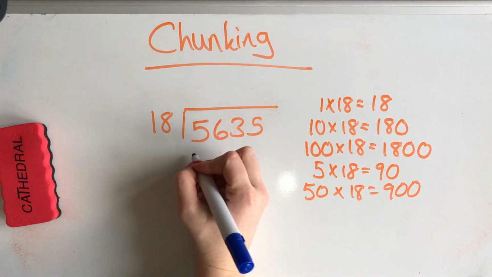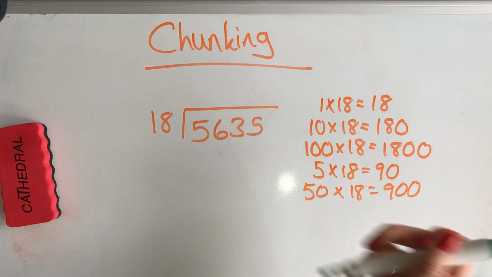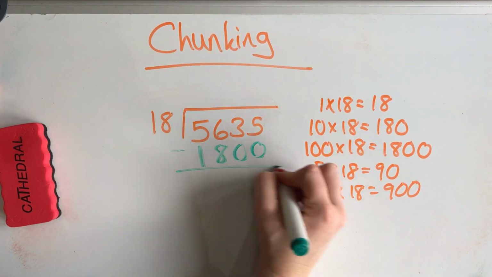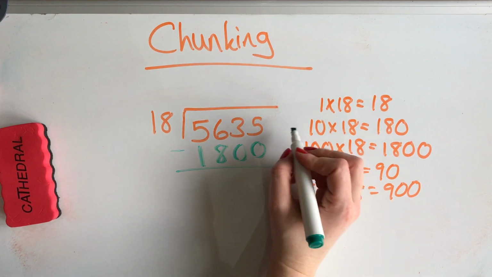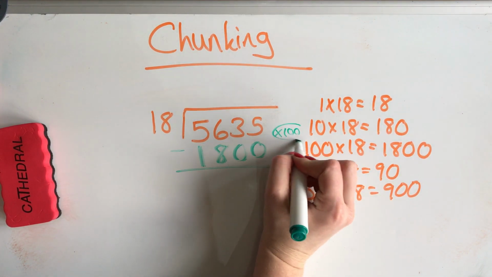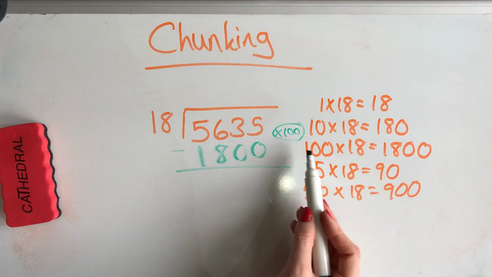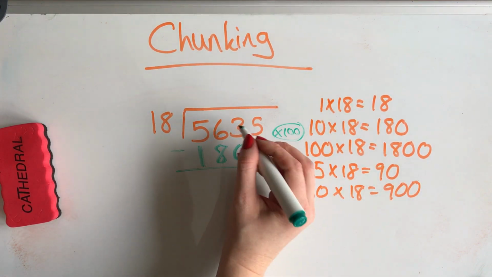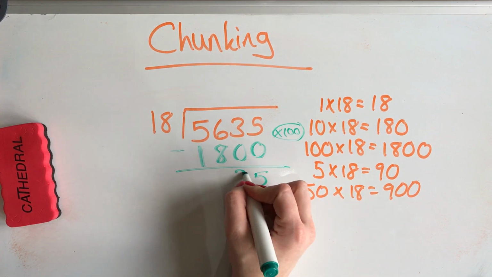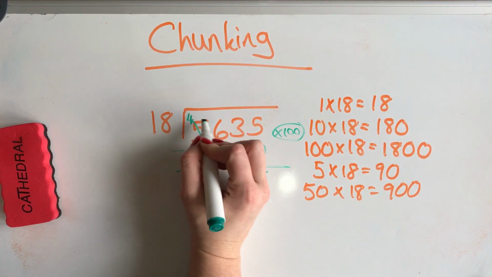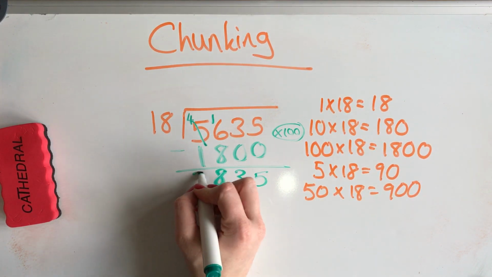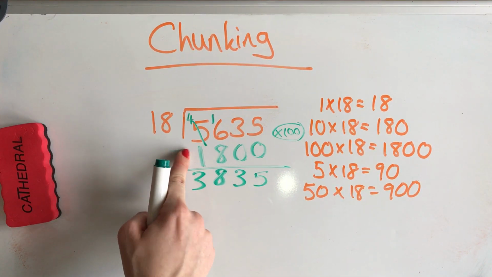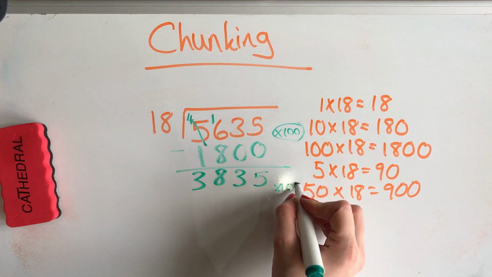So all I do is I take away 1,800, and I need to write on the sides multiplied by 100, because I'm taking out 100 groups of 18. So then that's going to be 3,835. Now I can still take another group of 1,800 out, so I'm going to do multiply it by 100 again,